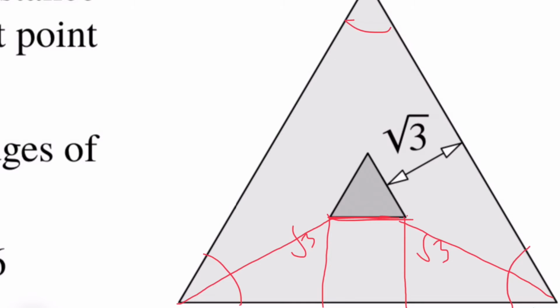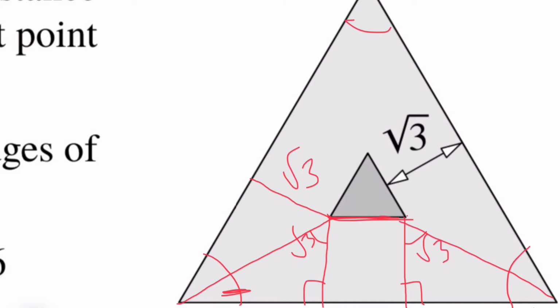So we want to find the angle of this, so then we can prove that this is a 90-degree angle, and then we can find out our sides from there using the 30, 60, 90 theorem. So to do that, we can draw another line that goes from the nearest point of the smaller triangle to the larger one,